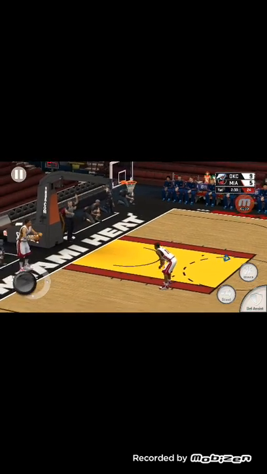Hindi nakikita yung kamay. Hindi nakikita yung kamay kapag pinipinda. Loading. And this is the NBA 2K17.